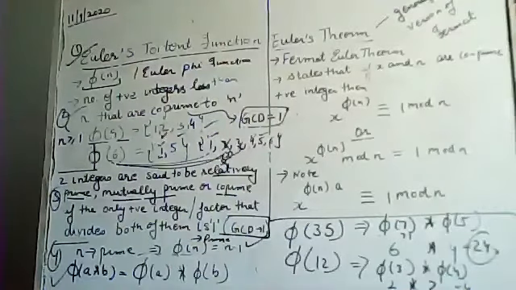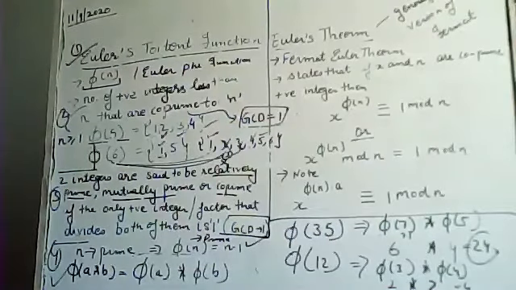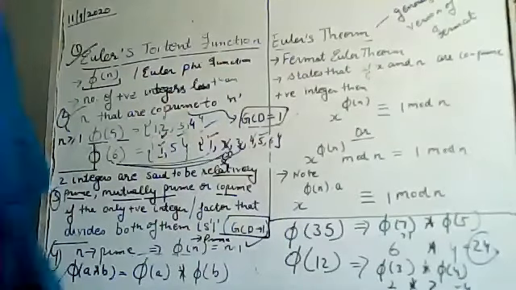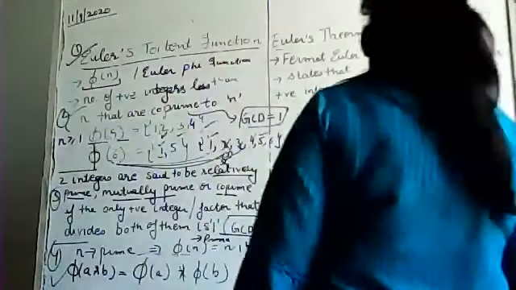I know that GCD is somewhat difficult to understand, but if you solve this exercise on your own, you will be able to understand how we can find the GCD. So the value of that GCD should be 1. Clear? Now the next portion of this topic is another topic, that is Euler's theorem. First of all, we needed to understand the Euler totient function. Now we need to see what basically Euler's theorem is.